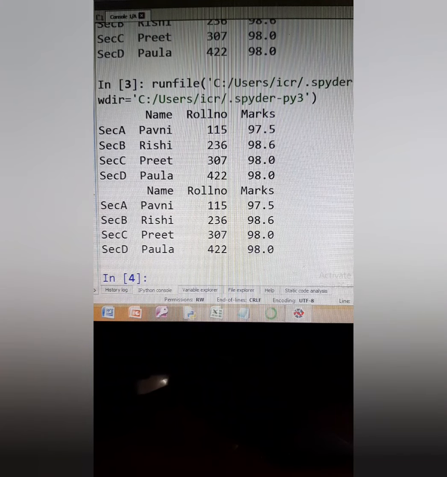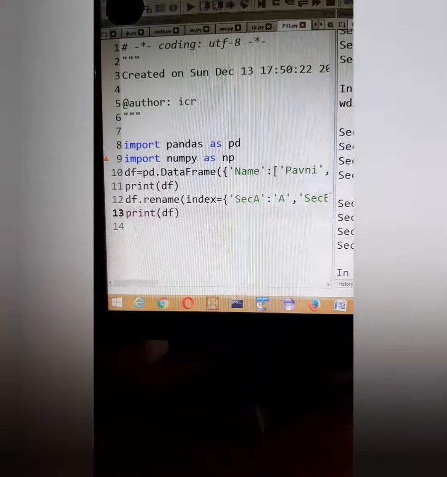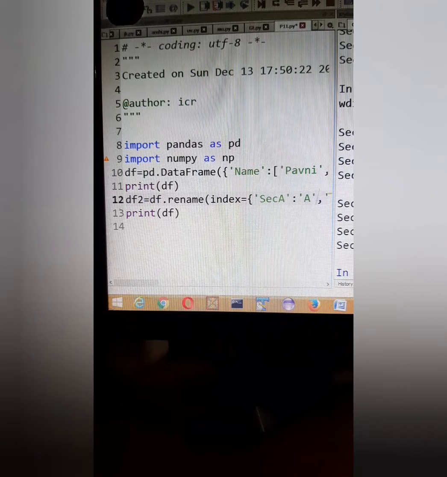Why? The reason is there is one more keyword that has to be used in rename, and that is inplace. If you do not use inplace, naturally your original data frame will not show you the changes. Instead of this, you can write on the left hand side df2 is equal to.